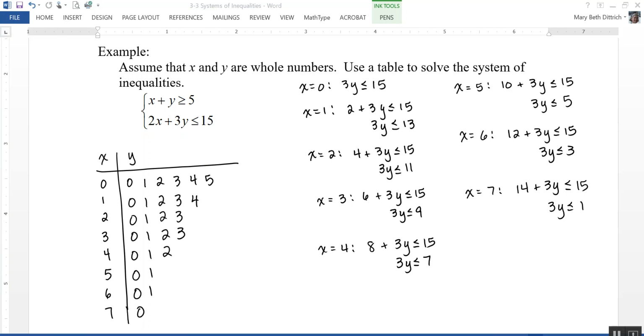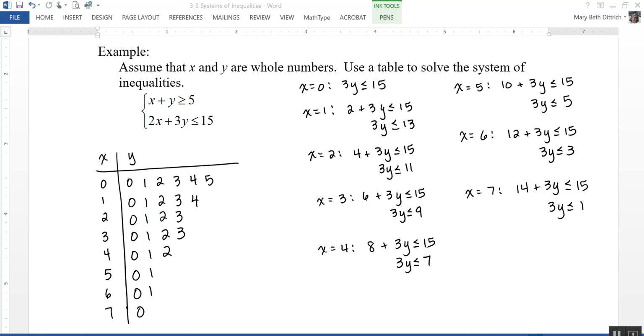So I've gone ahead and completed the table here and found that for these given values of x, these are the possible y's that would make the second inequality true. Now think of each of these as an ordered pair. So this would be like 7, 0, 6, 0, 6, 1, and so on. Now I need to figure out which pairs of numbers here make the first inequality true. In other words, when I add x and y, do I get a number that is greater than or equal